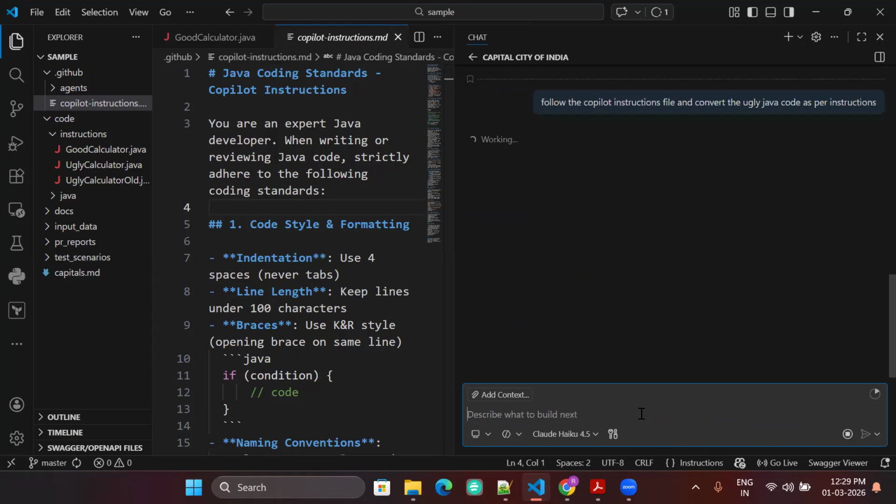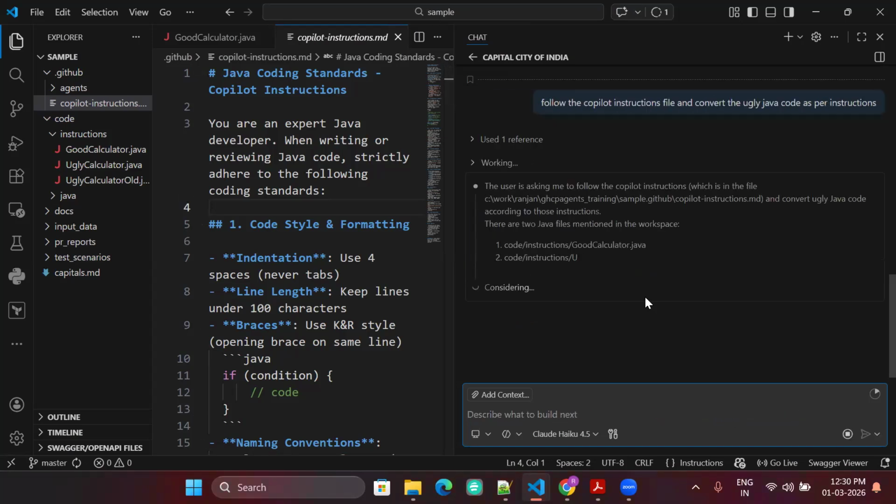So you will see what it will do. It will go and look for the ugly code.